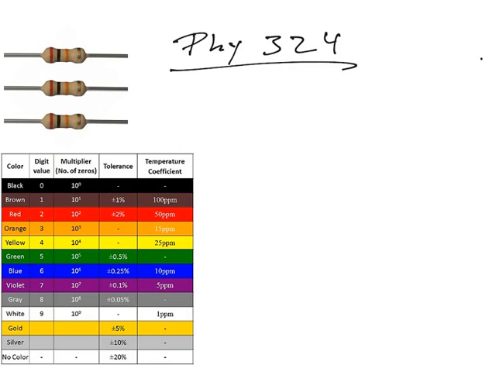Alrighty, so with this lecture, we want to talk less about the theory of circuits and more about the actual practice of working with real elements of circuits: resistors, inductors, capacitors, things like this, and some of the things you need to know about how to differentiate between the different types and all of that. Specifically for this particular lecture, we're talking about what's called the color code